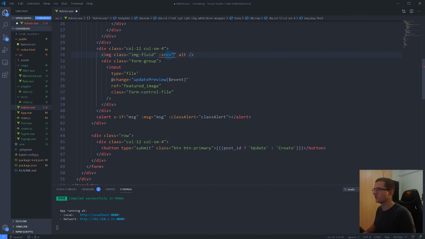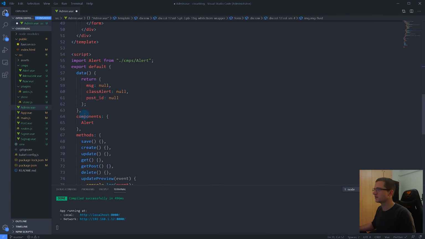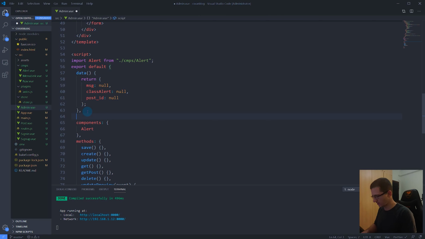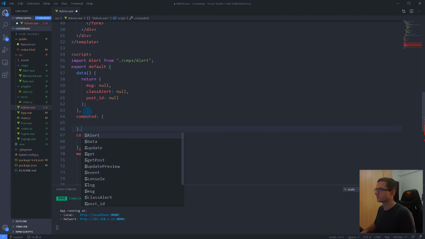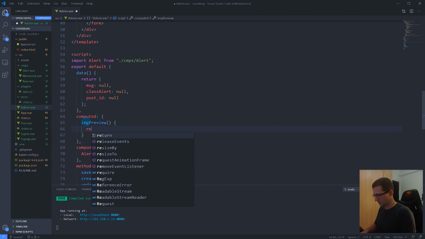So a computed value means that this value can change anytime, and we want this value image preview. Okay, so let's go now here to our components and everything else. Let's say computed, and our computed image preview will depend upon, so return